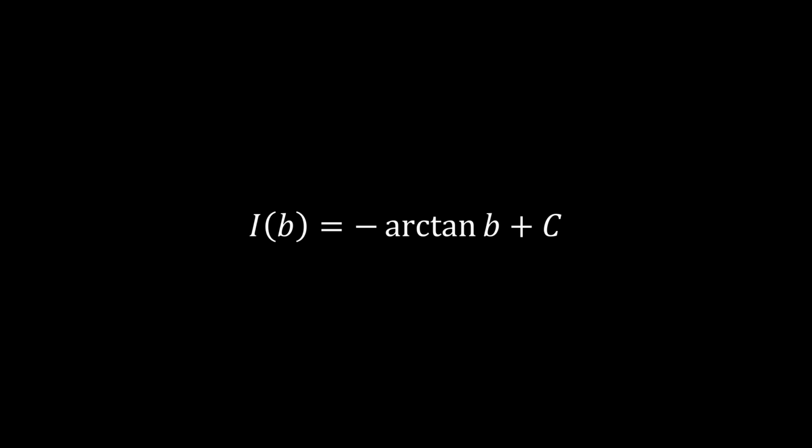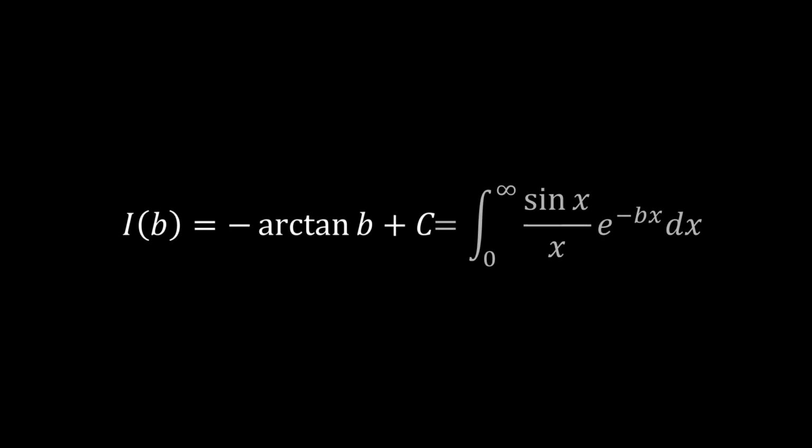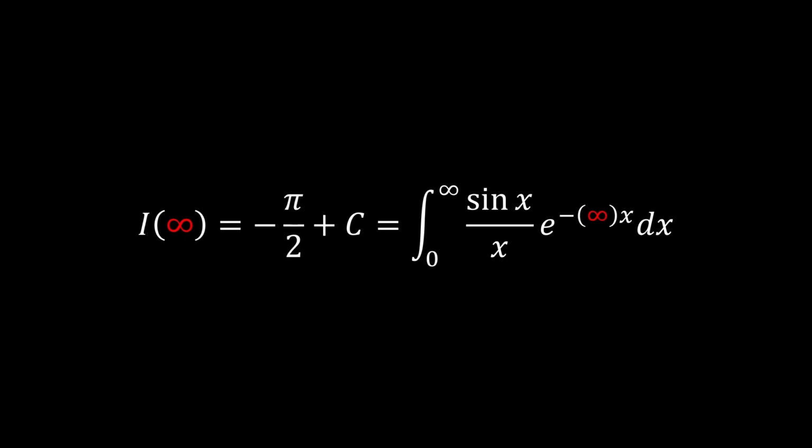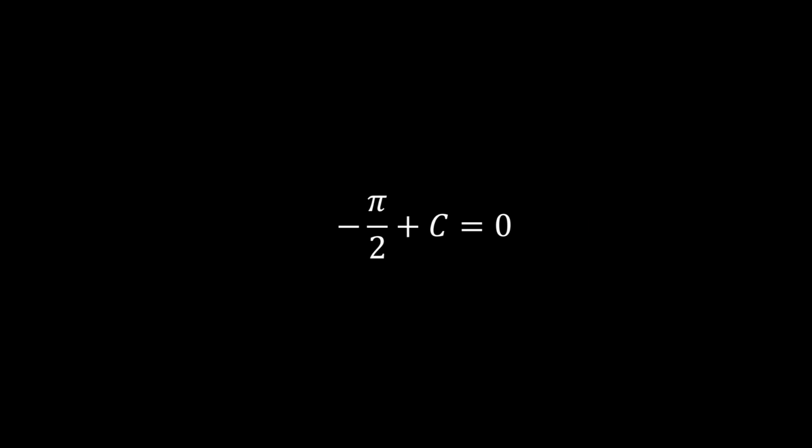We've now developed an expression for the original modified integral in terms of b, but there is still one piece of unfinished business. The integration constant c that came up from the integration of I prime of b is unknown at this moment. We can actually quite easily determine the value of c. We should remember that the function I of b is simply just equal to the original modified integral, and by strategically allowing b to go to infinity, which means arctangent of b is pi over 2, and on the right-hand side, the e to the minus infinity factor forces the entire integral to vanish, which means c is simply equal